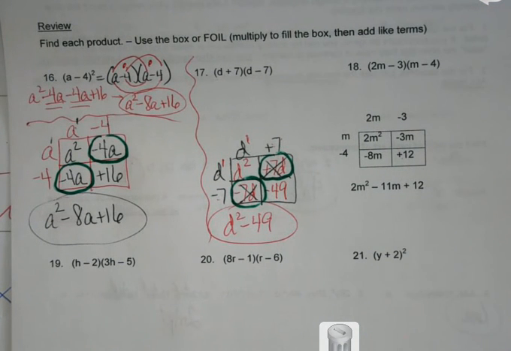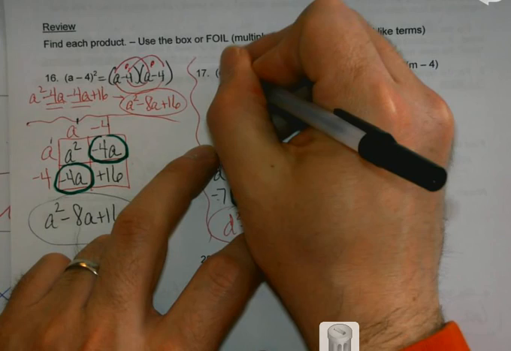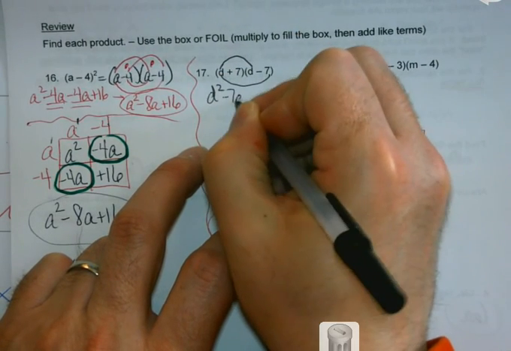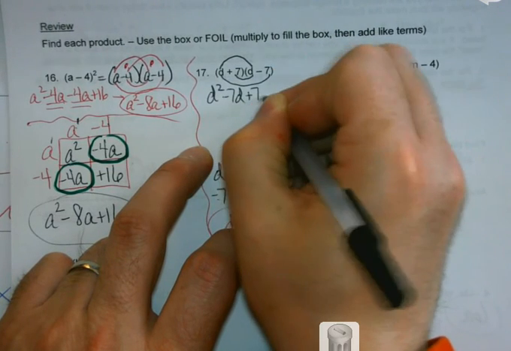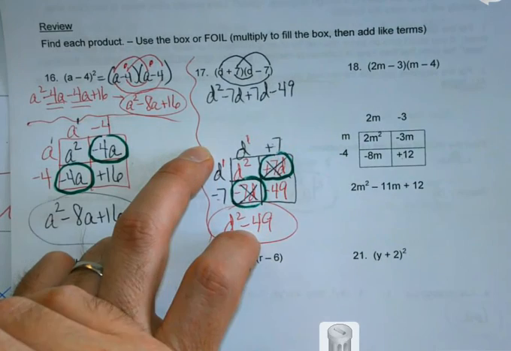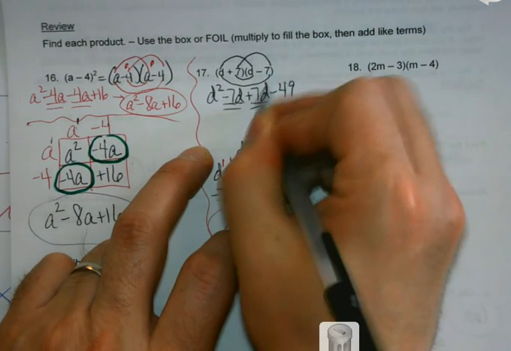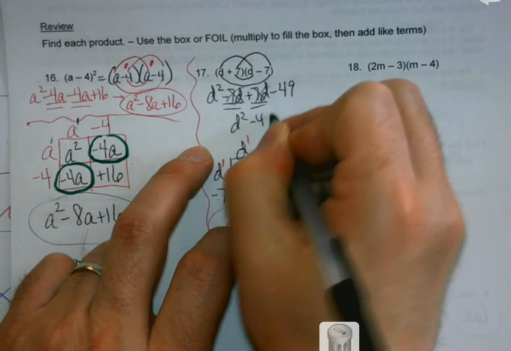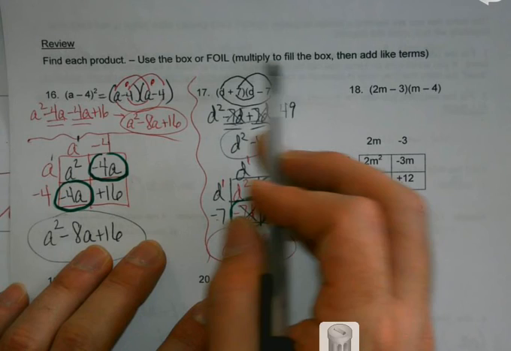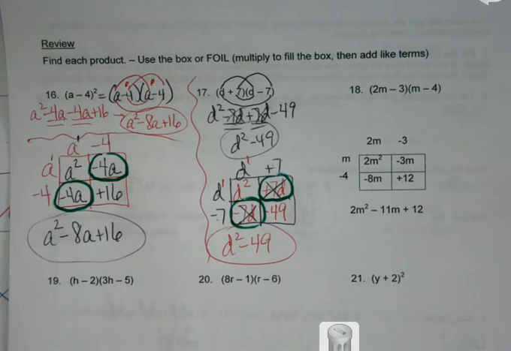And the exact same thing will happen if I said I'm going to do d times d is d squared minus 7d plus 7d minus 49. Positive and negative 7d still cancels, and I still get the same answer. So again, don't let that stuff get to you. Multiply to fill the box. Oh, and I even put it here. Multiply to fill the box, then add like terms. Okay? And then the only thing left